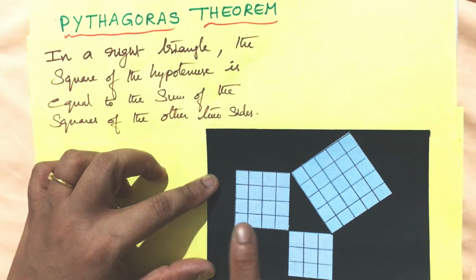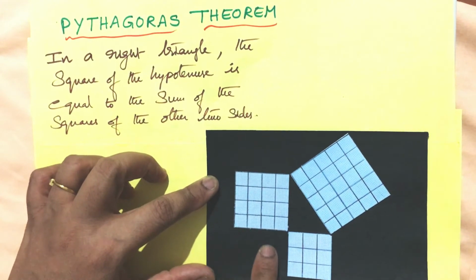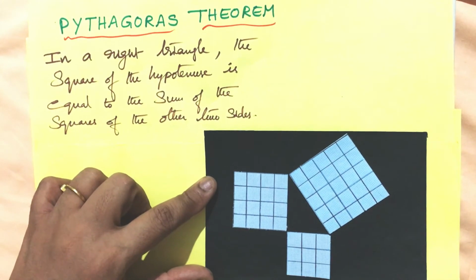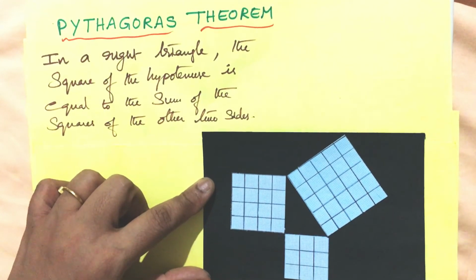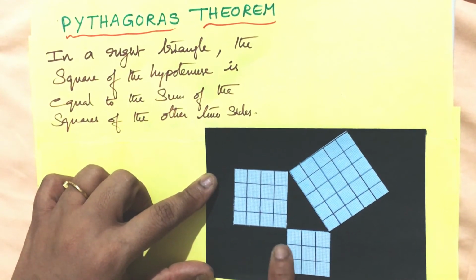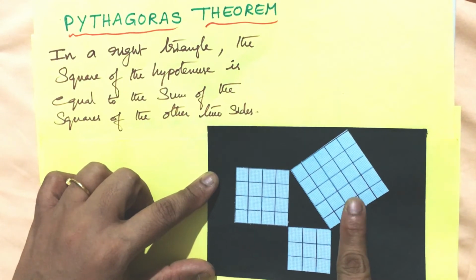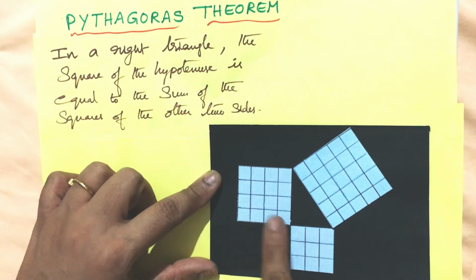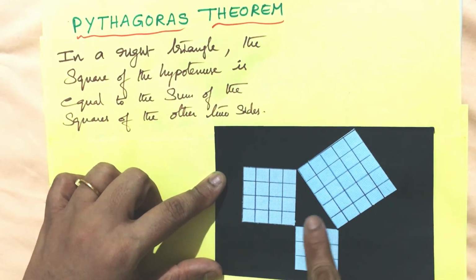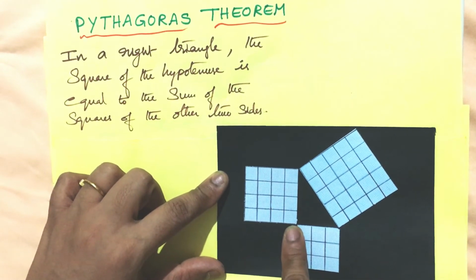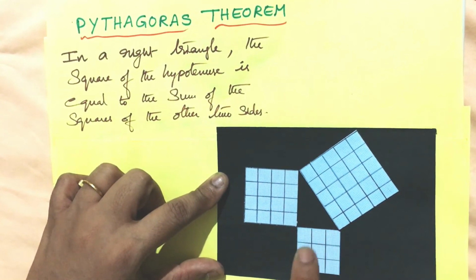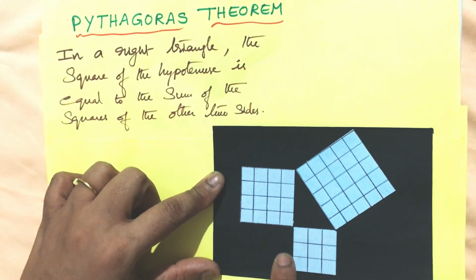We have learnt in the Pythagoras theorem that in a right triangle, the square of the hypotenuse is equal to the sum of the squares of the remaining two sides. Can you guess the converse of this theorem? It is very clear that in a triangle, if the square of one side is equal to the sum of the squares of the remaining two sides, then the angle opposite to the first side is a right angle. It means we have to show that the particular triangle is a right angle triangle. This is nothing but the converse of the Pythagoras theorem.